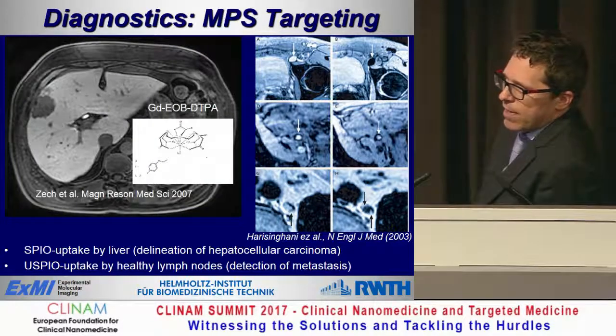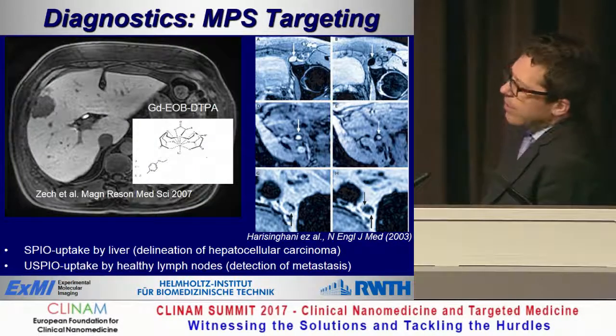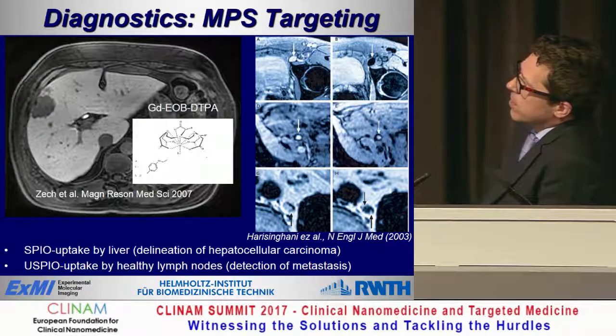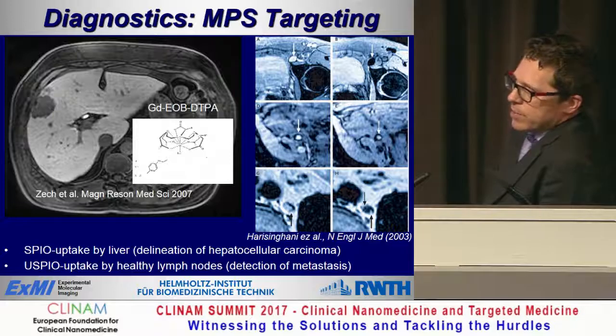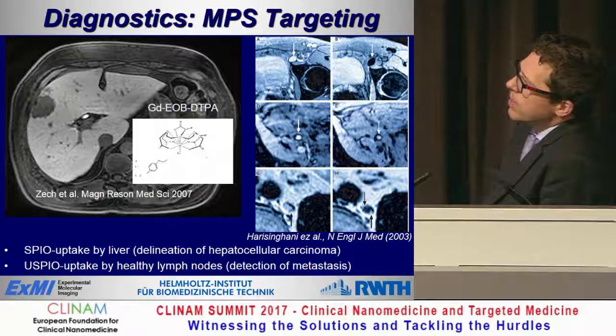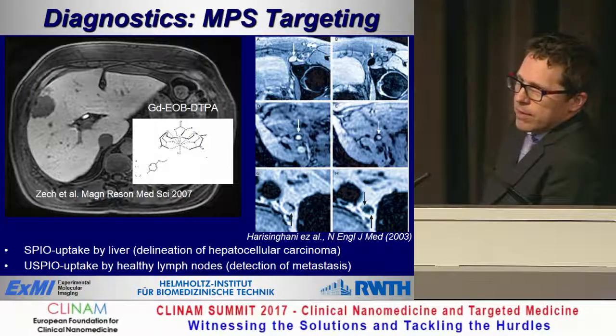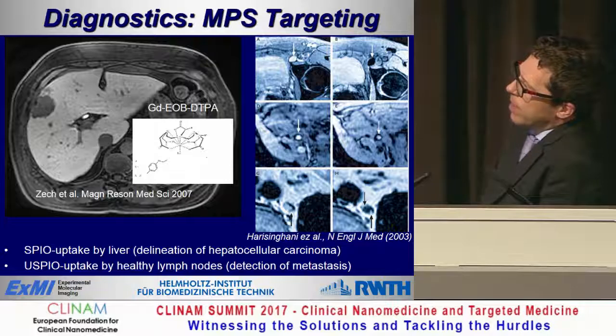But this agent was withdrawn from the market several years ago and replaced by this small gadolinium agent called gadolinium EOB DTPA, which is known under the trade name Primovist. And the reason is quite simple. First of all, the elimination from the liver is much faster of this gadolinium chelate, which is taken up, by the way, by the hepatocytes.